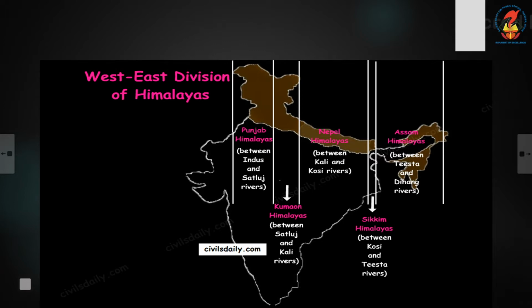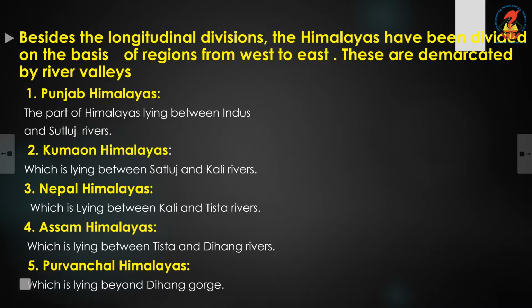So this has been divided into Punjab Himalayas, Kumaon Himalayas, Nepal Himalayas, then one in between, that is Sikkim, Assam, and then on the other side the Purvanchal, which is beyond the Dihang range. So these are the major west-east divisions of the Himalayas. Then let's go to the next